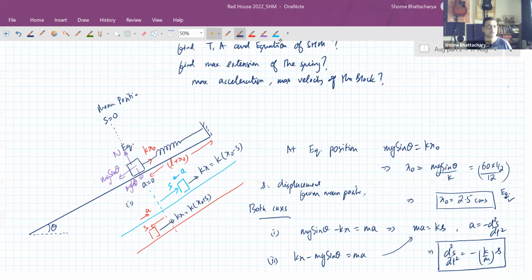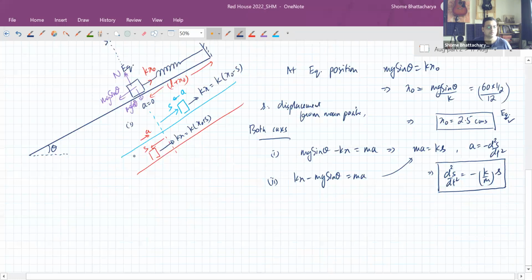So hope this equation is clear to all of you. Either side of equilibrium, a displacement of s results in an acceleration which is like this. So omega square of the SHM: this shows that it's SHM with omega square equal to k by m. So time period equal to